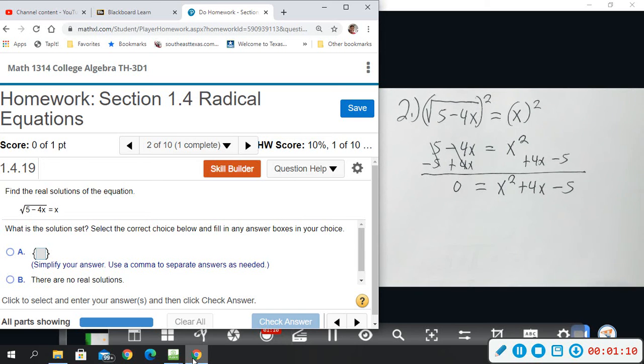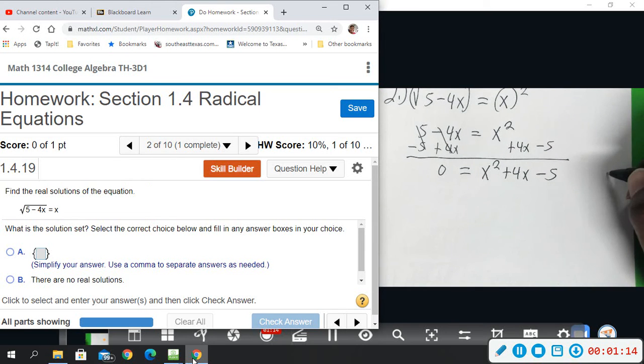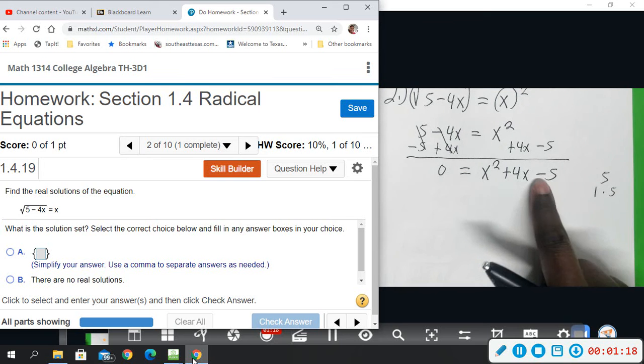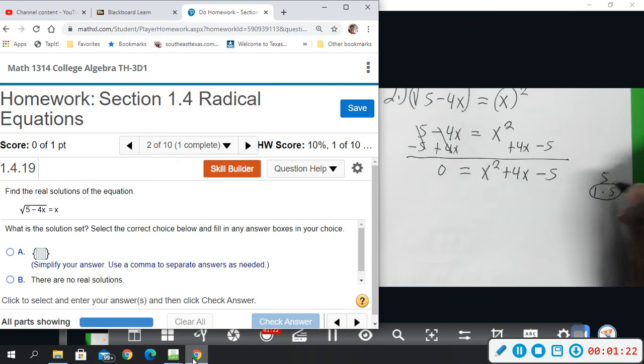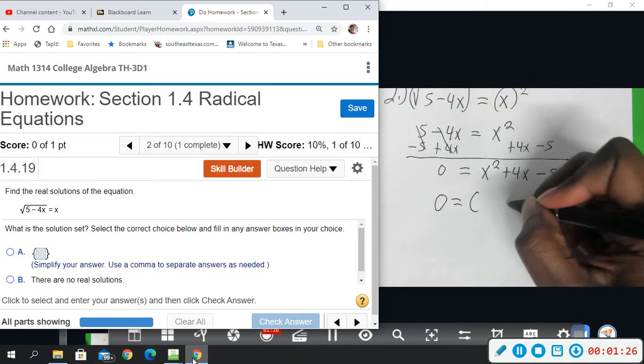So I want to see if this guy will factor. First times last gives me 5. Factors of 5 are 1 and 5. We have to subtract to get 4, and they do. So this will factor. So we have 0 equals